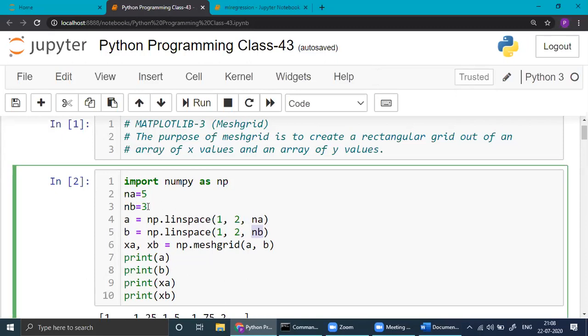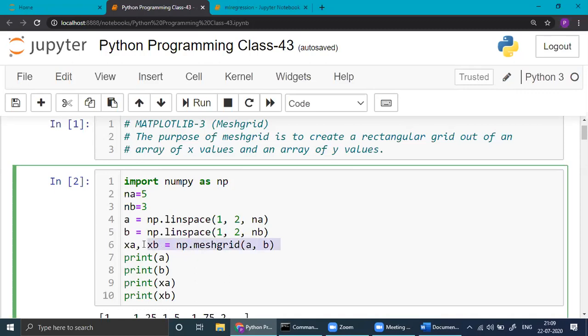First of all, why write this? Directly you can write 5, 3. That is also possible. Anyway, it will not change anything. From 1 to 2, how many numbers do you have? 5 numbers. In total, the starting and ending points are given. Linspace, here linspace from 1 to 2, but we want 3.